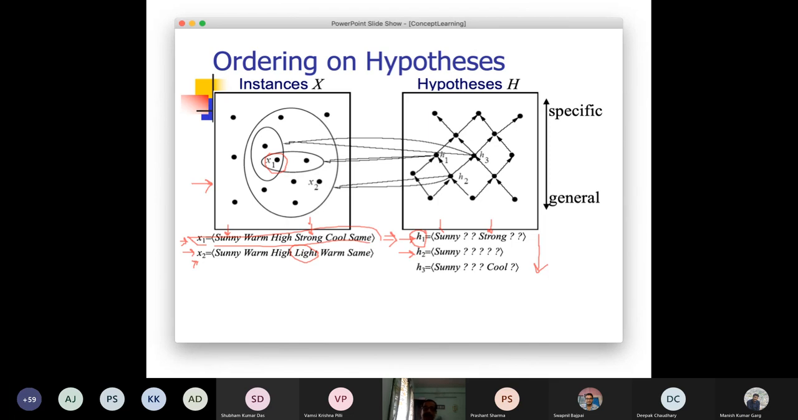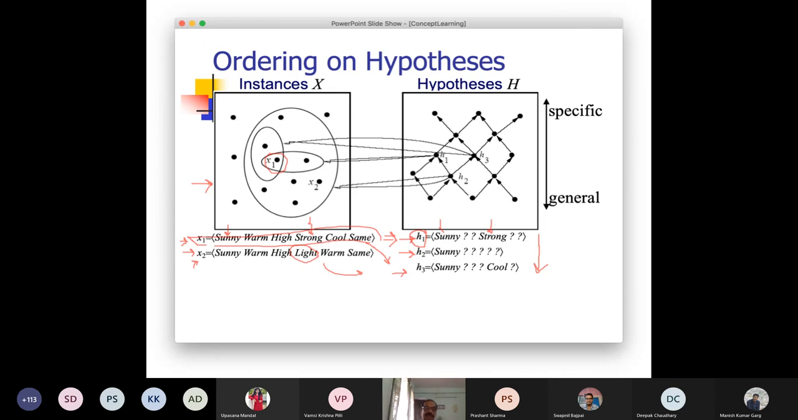What about H3? Do you have any idea? It satisfies X1, right? But it does not satisfy X2. Okay. So given this hypothesis H1, H2, and H3, you will see that